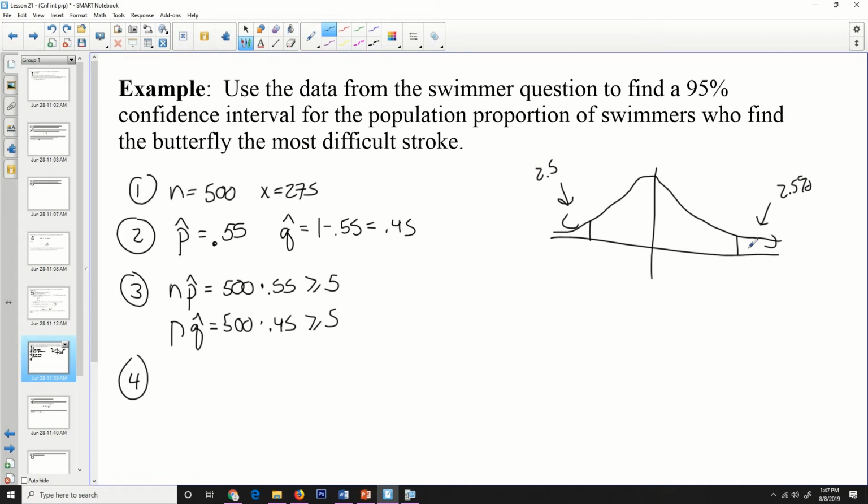From the table we made in the previous section for confidence levels, this ZC is 1.96. If you don't have that table available, or you forget, you can calculate that with an inverse norm